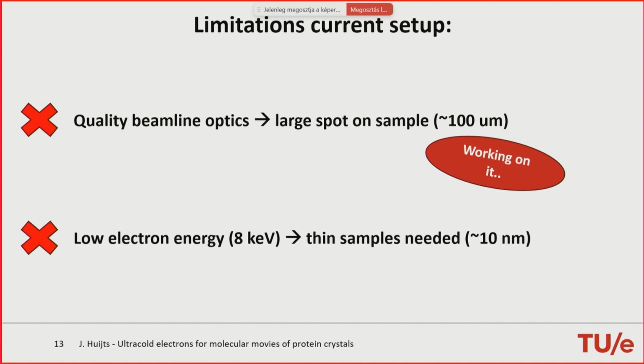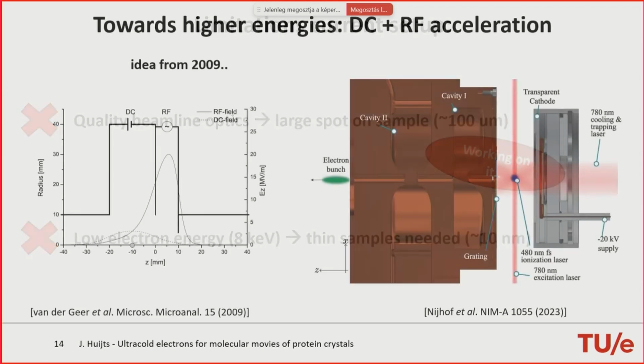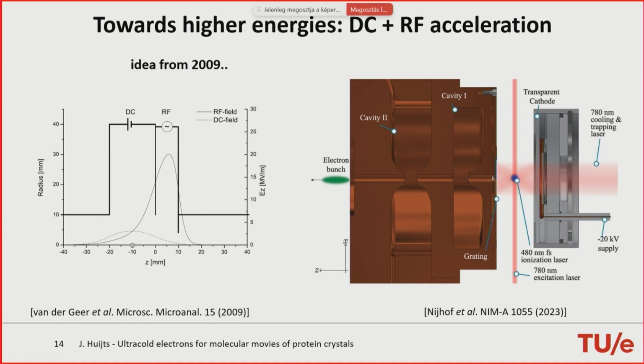And secondly, the electrons at the moment have an energy of 8 keV, and that's very low. In a typical TEM, it's more like 120, 200, or 300 keV. So this limits the thickness of our samples to about 10 nanometers. So that we are also working on, and I will explain this a bit further. The principle is already from 2009. The idea is that